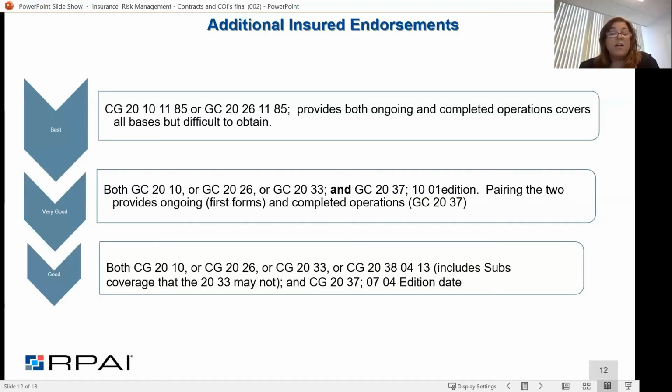And again, these are ISO standard forms, so these are industry standard forms, but a lot of your larger carriers are going to have their own form. So they may start with an ISO form and then build upon that with their own manuscripted form that then gets approved by the insurance commission. They have to be approved forms filed with the different states, but you have to make sure that you're able to get a copy of it so that you can read through it. So let's take a look at some of the ones that we've referred to here.